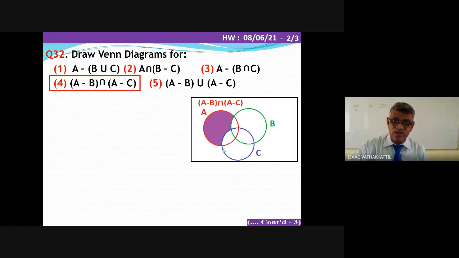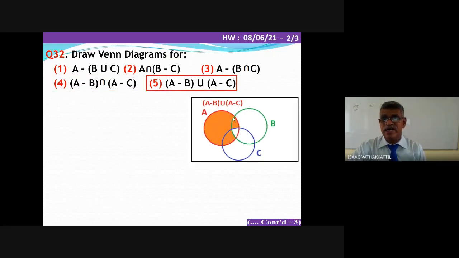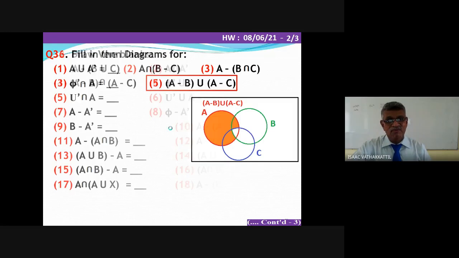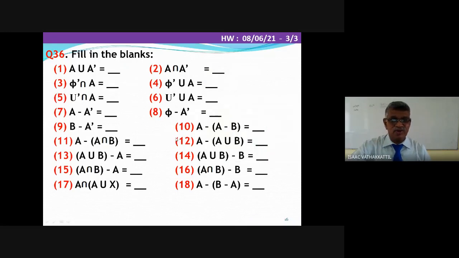Now, if you take their union, you have A minus B and A minus C, take their union. You can see that is as good as A minus (B intersection C). Okay. Here, if you have a few questions, these can go as a multiple choice question, a short answer question, or a fill in the blanks question. I think a few of these are very simple. Now I don't have to take up these at all.